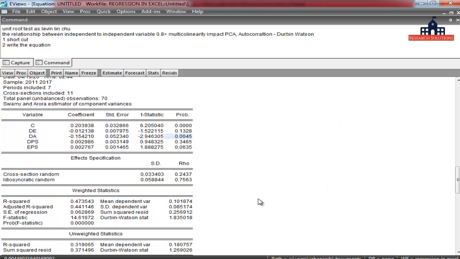Okay, now R square is quite supportive. It is 0.47, or adjusted R square 0.44.